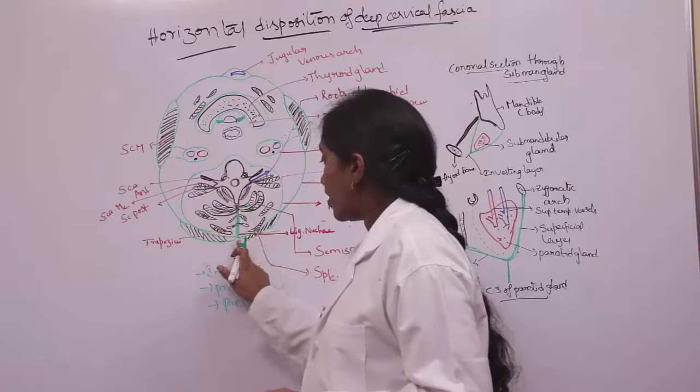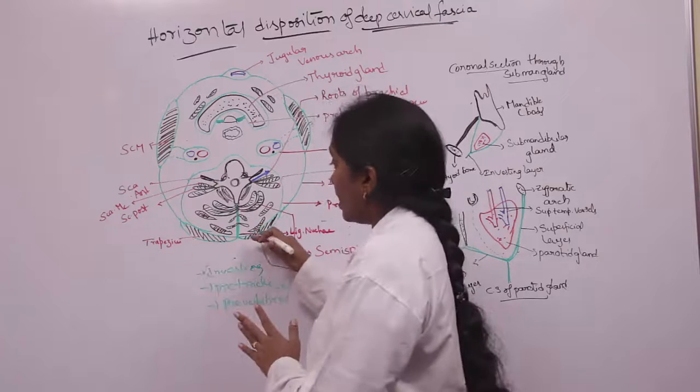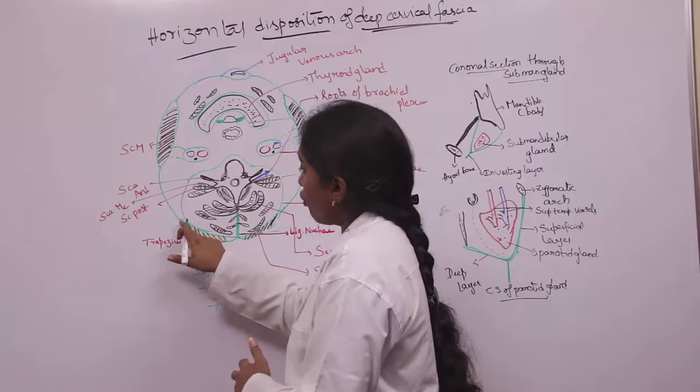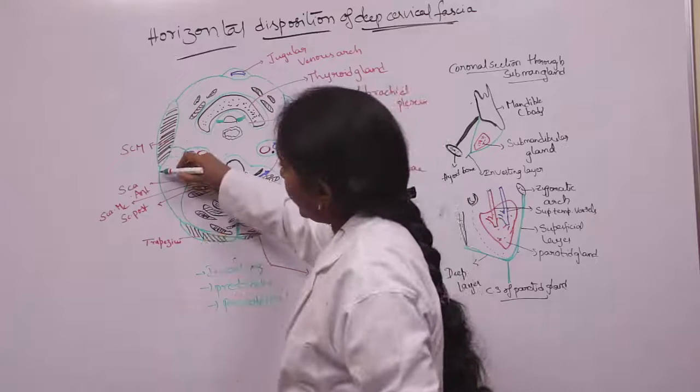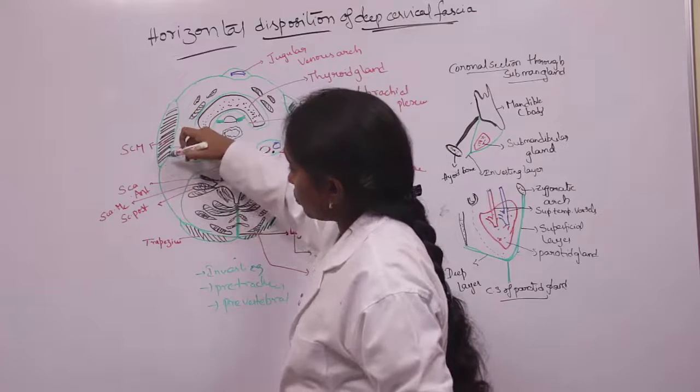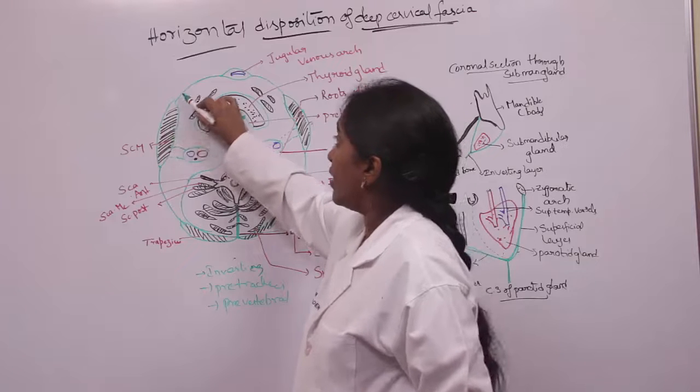Along the anterior border of the muscle, it again forms one layer, and again it splits into two to enclose the sternocleidomastoid muscle, and here